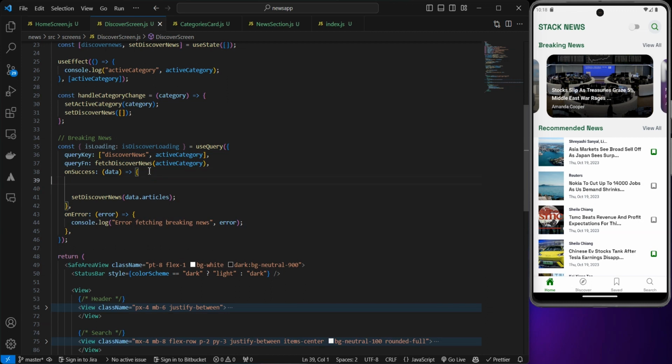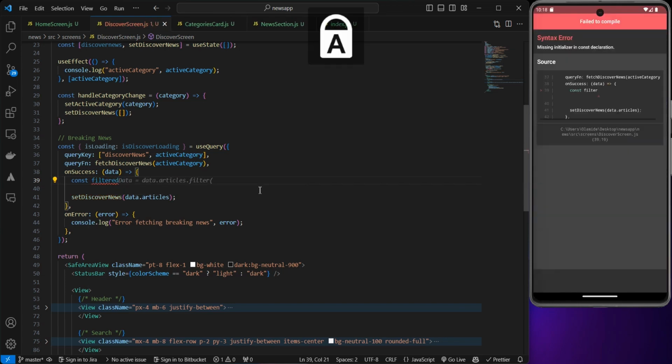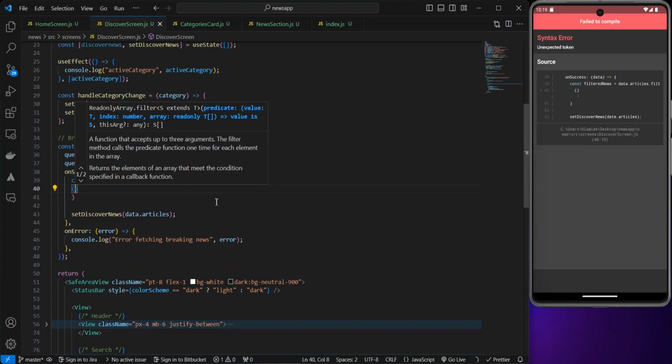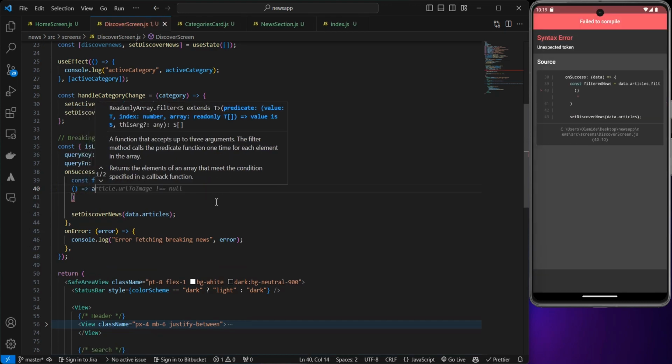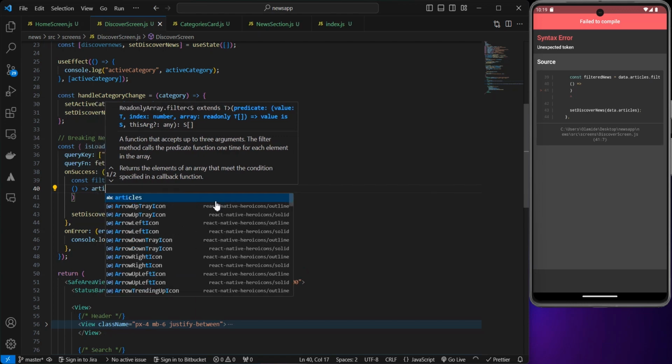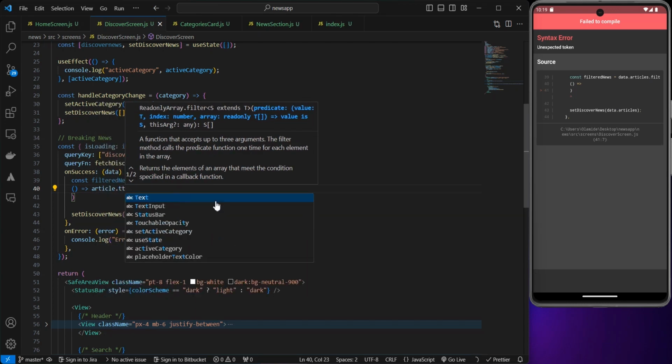And before I set this, I also want to first check something and filter some things, because some of these articles, they are removed on the API and we don't want to show them at all once an article has been removed. Because if you don't filter it, it's going to show removed here and it's going to show nothing. It's going to show no data at all. I don't want that at all. So I'm going to use a filter method from JavaScript and say const filterNews is going to be data.articles.filter, and I'm going to filter it by saying, I have an arrow function created right here and say this is article, article.title